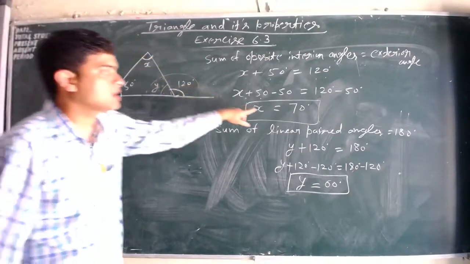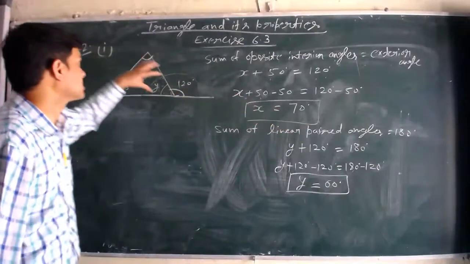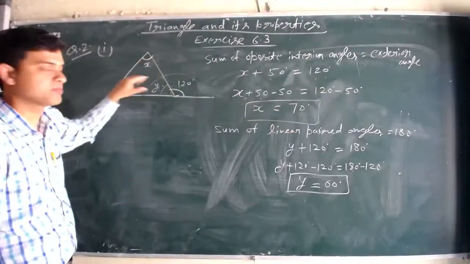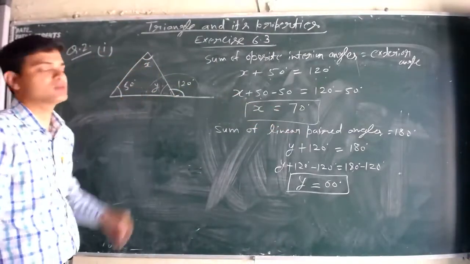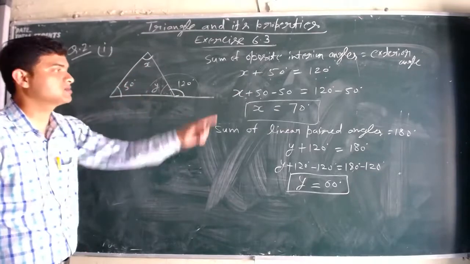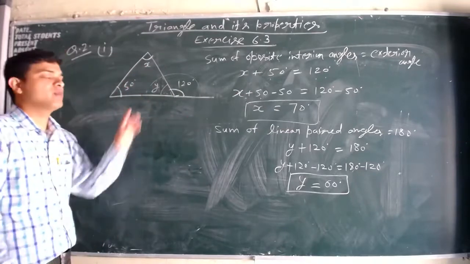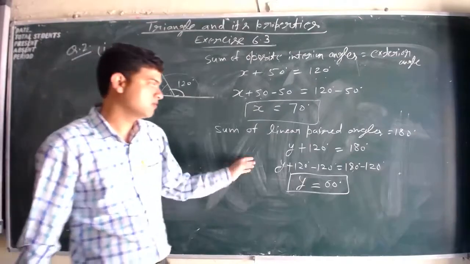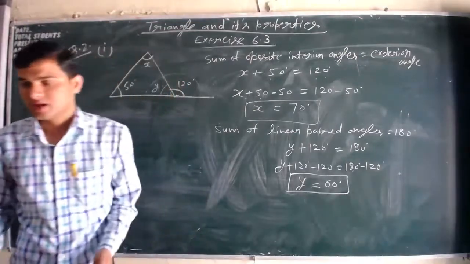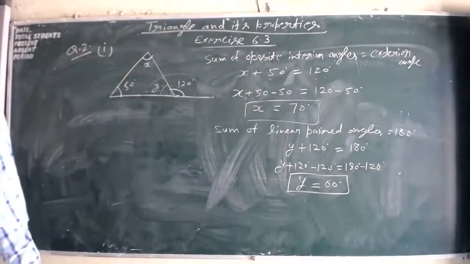Because we know that x value is equals to 70 degree. The sum of these two plus this 50 plus x plus y is equals to 180. And the value of x is equals to 70. Now we can calculate y. तो उस मेथड से भी आप y को calculate कर सकते हैं. Okay. Next one. Next one is